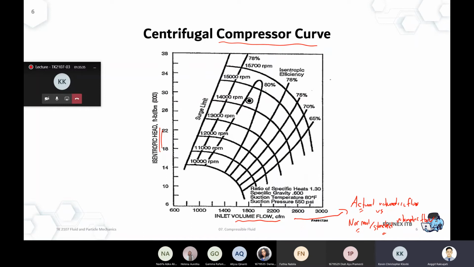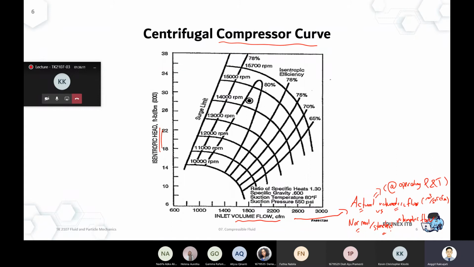Really? Okay. Okay, so please pay attention. This is really, really important. Okay, it's a big difference. If it's stated at actual, that means it's stated at operating PNT. What does that mean? If we're working at 20 bar and 100 degrees C, then state the volumetric flow rate as cubic meter per second or CFM at those PNT.